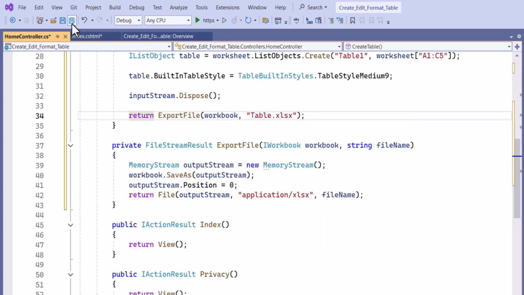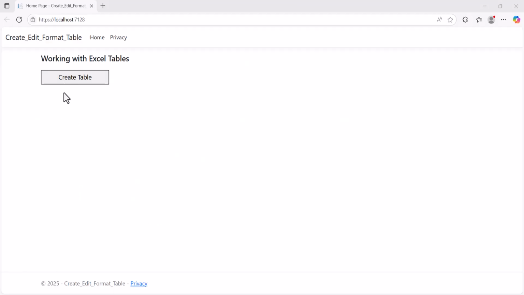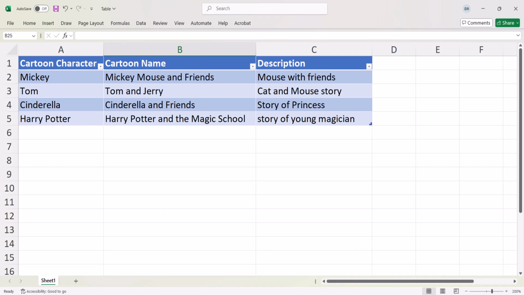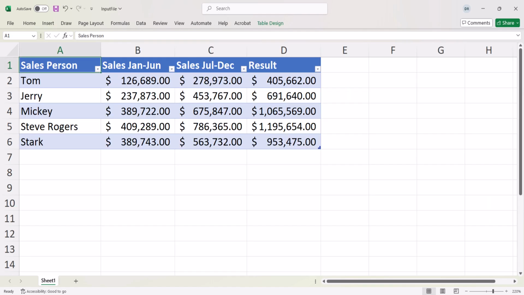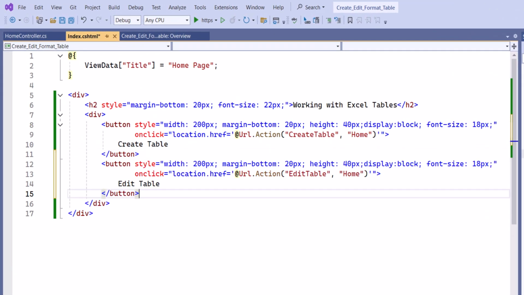Now, I save and run the application. When I click the Create Table button, the Excel file is downloaded. As you can see, the table has been added to the document. Next, I'll show you how to access a table in an existing Excel file and edit its table style. I add a button for editing the table